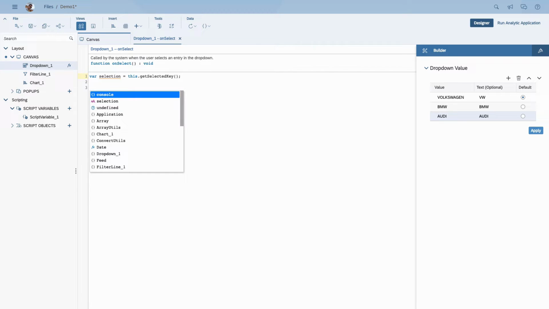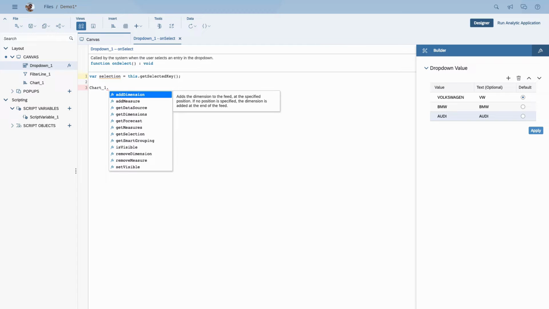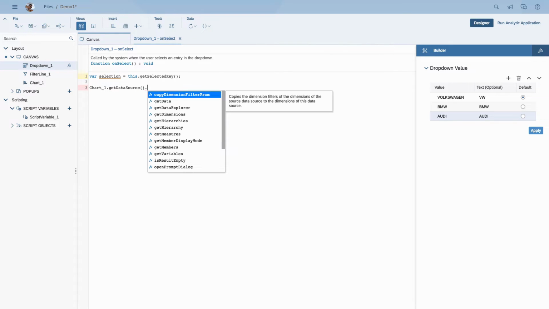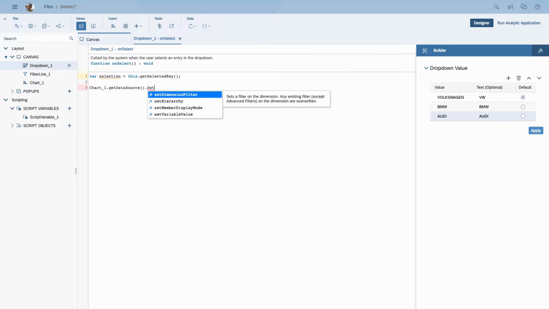So we can again use the control space, and when I start typing, it also filters automatically. So there's my chart 1 dot. Now I have to first get the data source that I'm using on this chart. Then another dot, and here I can say, okay, I now want to filter this data source based on the selection that we just made. So I'm going to set the dimension filter in here,